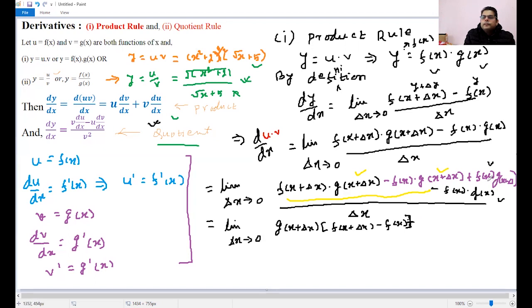You can see that f(x) is common, and here it is a plus sign, so take care of the algebraic sign also. We are starting from here, so it is plus f(x). If you take it out common, then this is going to be inside the bracket. Here f(x) is taken common out, so it is g(x + Δx). Then there is a minus sign, you can see here. As f(x) is out, it remains with g(x) inside, and the whole thing is divided by